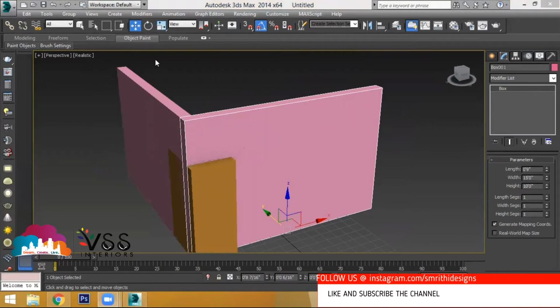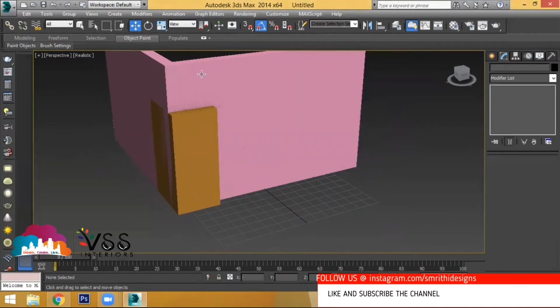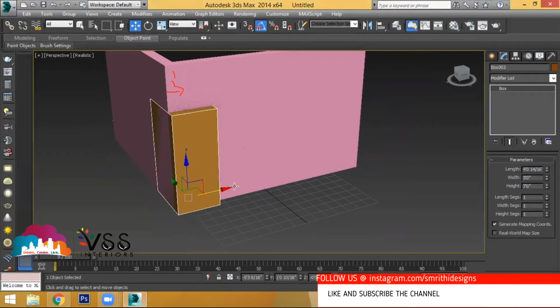From this corner, I want to leave a distance gap of 1 feet. So this box should be moved 1 feet. In which direction? X direction.